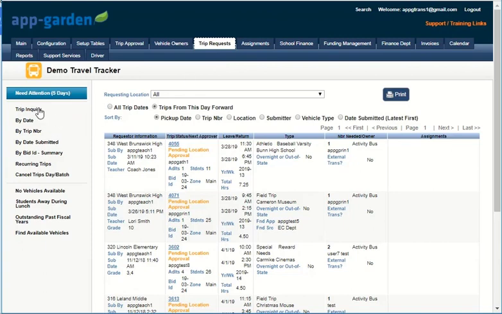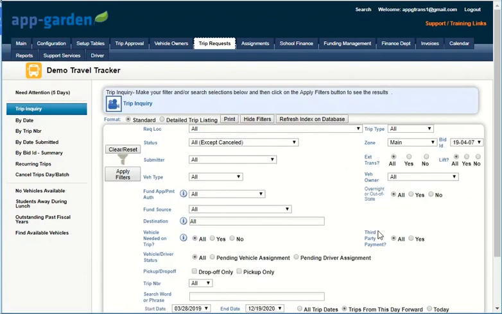And so one way to check that would be, of course, from the trip inquiry. That is a very easy way. And the reason for that is it does give you the options to pick particular bid IDs as well as zones. So you do have multiple zones. If you wanted to look at one zone at a time, you could pick certain zones, and then you could select the bid period that you would like to